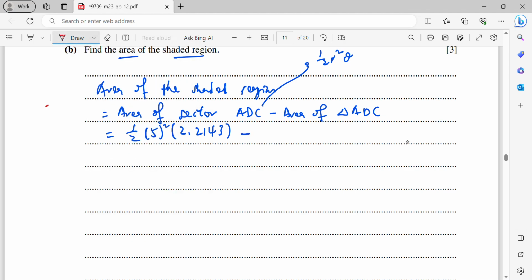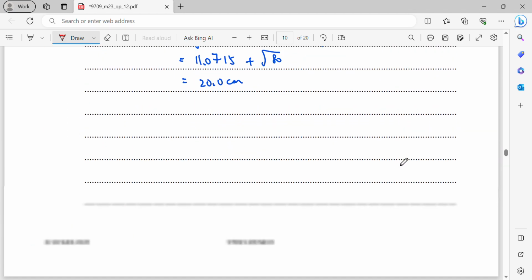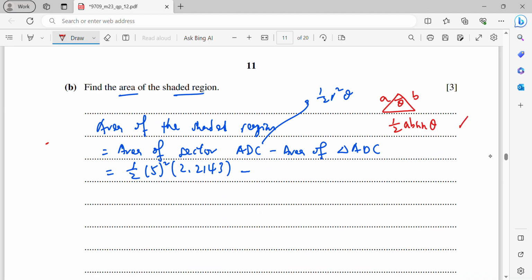Okay, for your information, if let's say this is a triangle, and this is the theta, the angle bounded by two sides will be theta, then the area is going to be half AB sine theta. Okay, so now when we look at the diagram, we know that D is the center of the sector, which means your DC is radius as well. This is 5, here is 5, and then the angle bounded by these two sides will be 2.2143. So I will be using the half AB sine theta to solve the area of the triangle right now. So it will be half 5